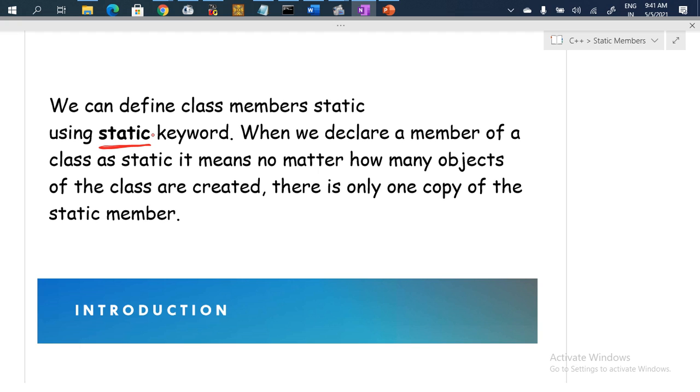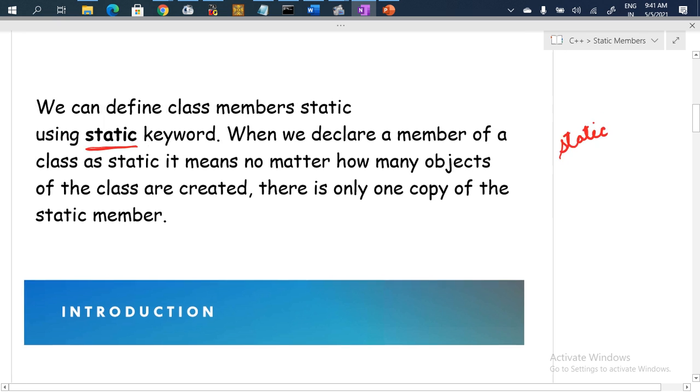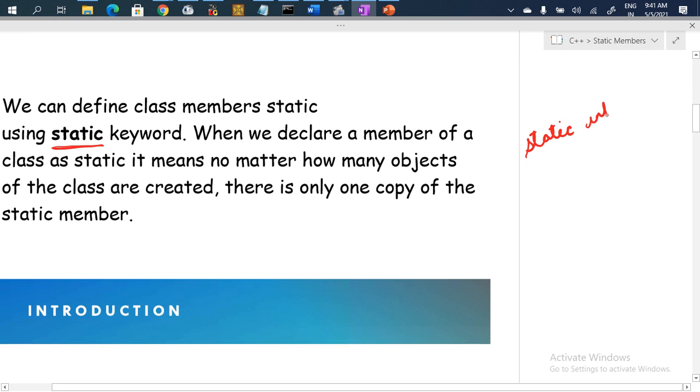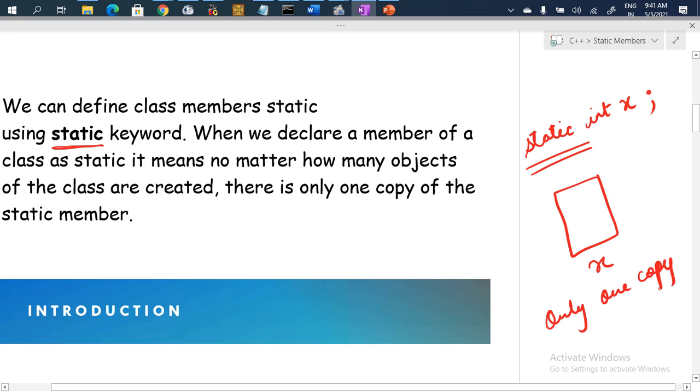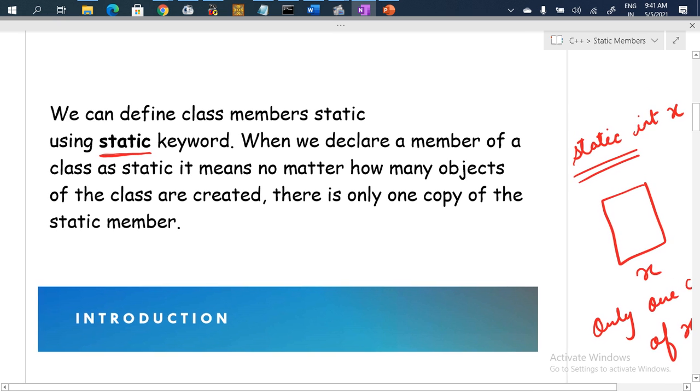So what is the advantage? When I use the static keyword in front of an integer value x, it means I will have just one copy of x, no matter whether it is called 100 times or 1000 times, because I have put the static keyword in front of it.